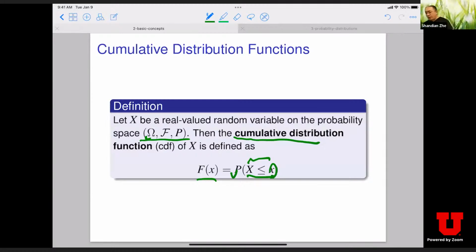And then this F is often called events. You can view it as a set of sets, right? Each element in F is a subset of omega. So basically, we use a set of samples to represent a random event. Like if you roll a die and I want to define an event that my point is at least 4, the event is represented by a set, which is 4, 5, 6.